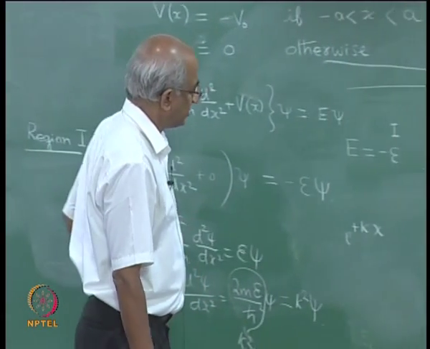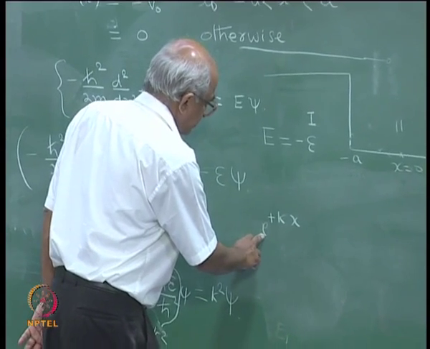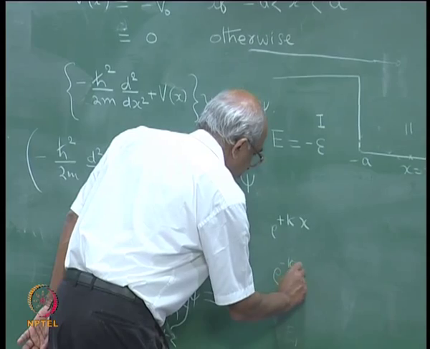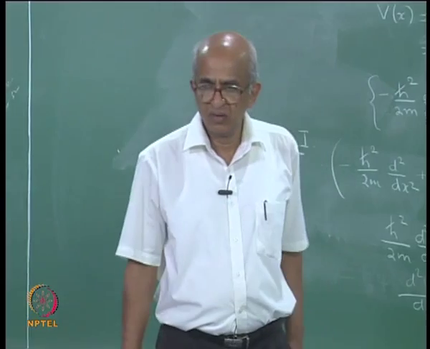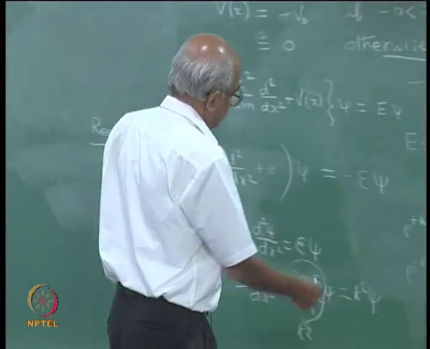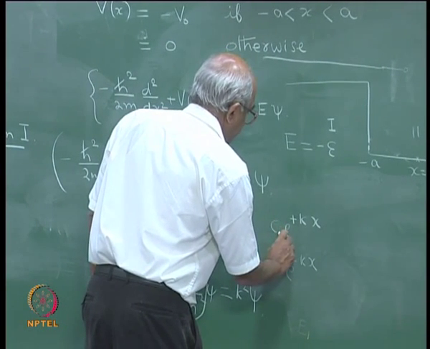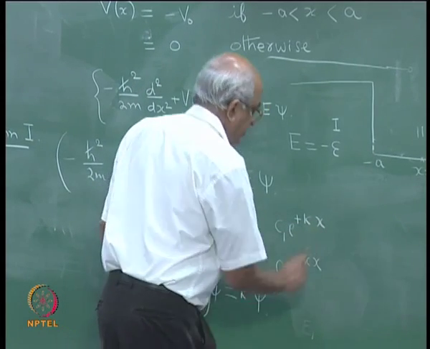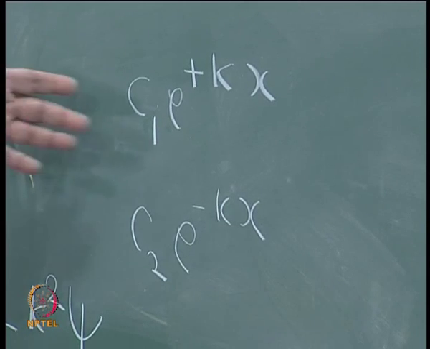In fact, I can put a constant. Well, let me not put a constant, I will do that in a few seconds. So, you have one solution which is of the form e to the power of plus kappa x, you have another solution which is of the form e to the power of minus kappa x. Okay. And you can multiply this by any constant that you like. So, maybe you can say C1 e to the power of kappa x and C2 e to the power of minus kappa x. These are possible solutions, as you can verify, very easy to verify, because if you took the second derivative of this,